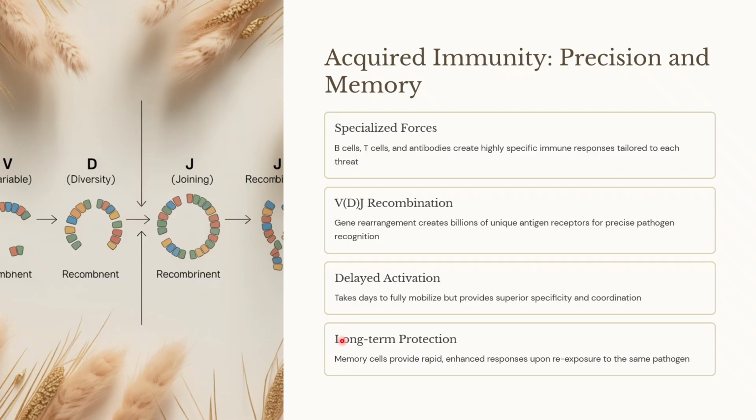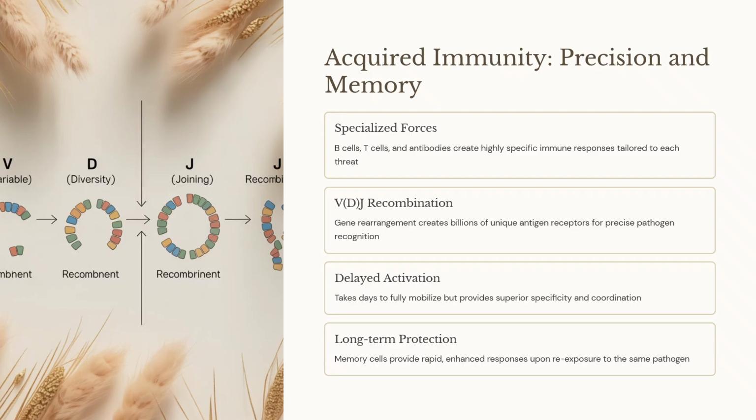There is long-term protection. The memory cells will provide rapid, enhanced responses, even on re-exposure to the same pathogen. The first time, the response may be quite delayed because of the work it has to do with respect to the gene rearrangement. But once that rearrangement has happened, and that specific receptor is produced,